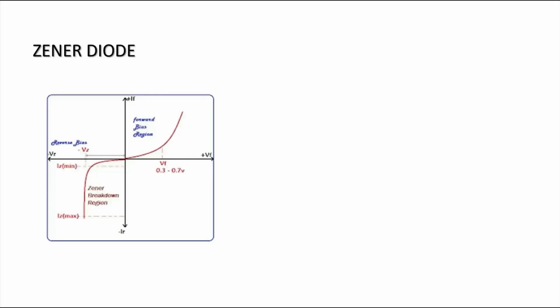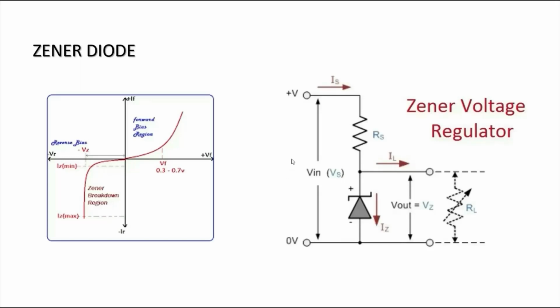Next one is Zener diode, and Zener diode works on the principle of Zener breakdown. In a Zener diode, p and n regions are heavily doped so that the p-n junction formed is very narrow. So the electric field present across it is high enough to pull the electron from the semiconductor atom. At Zener breakdown voltage, any amount of current can flow, so the Zener diode acts as a voltage regulator. If lightning or something happens, any amount of current can flow through the Zener diode without varying the voltage across it, so our device is connected in parallel to it and is protected.